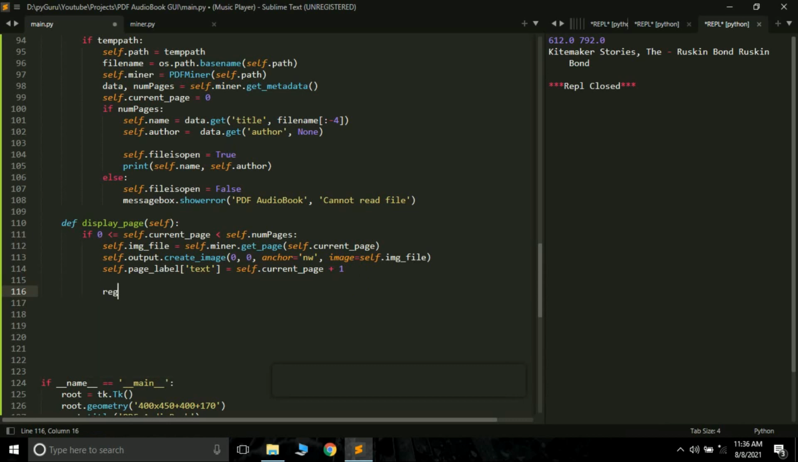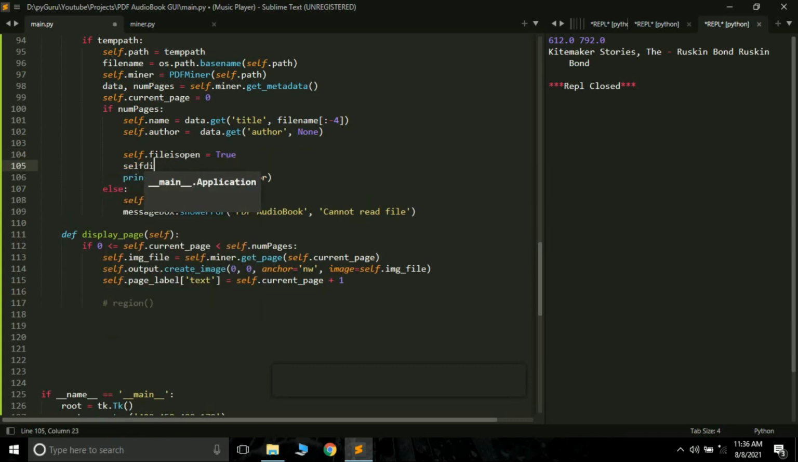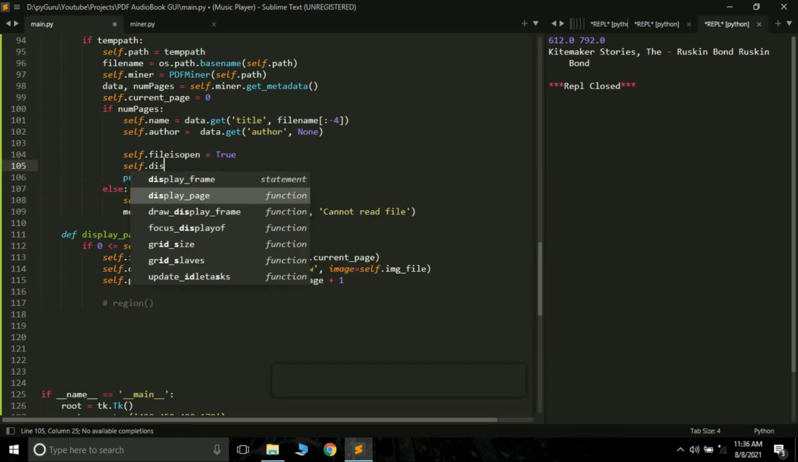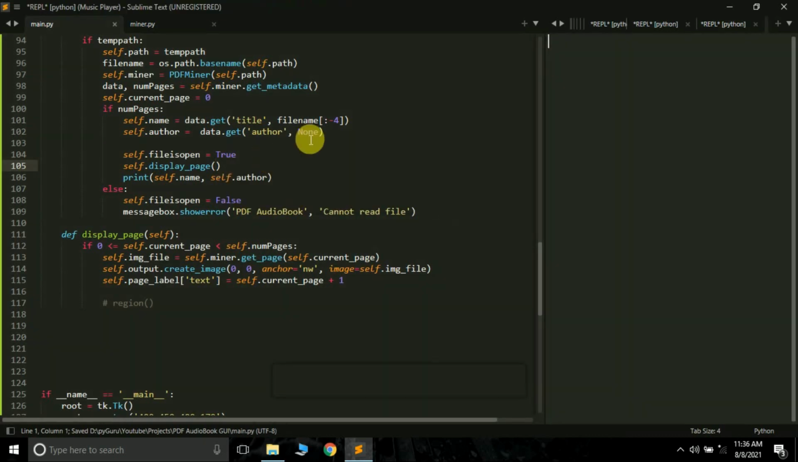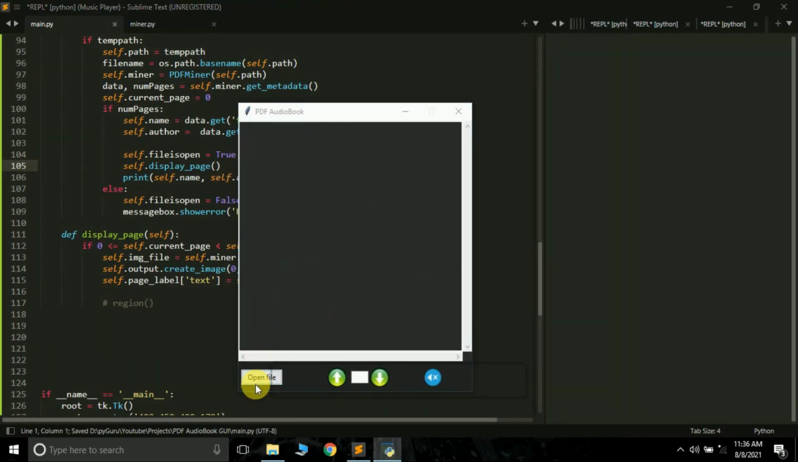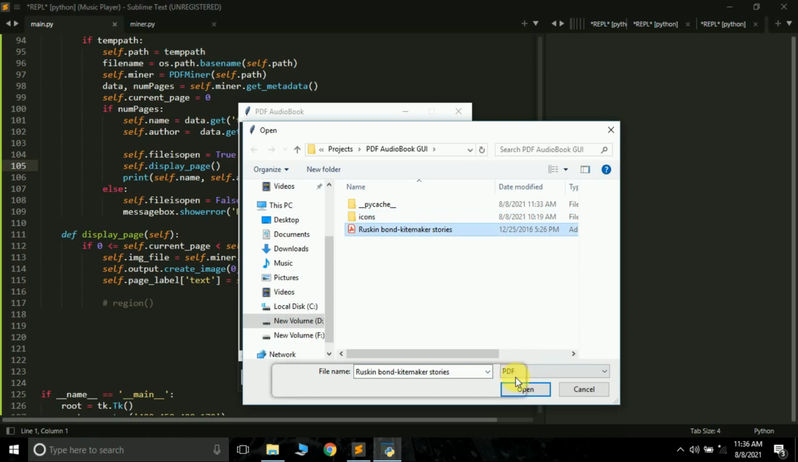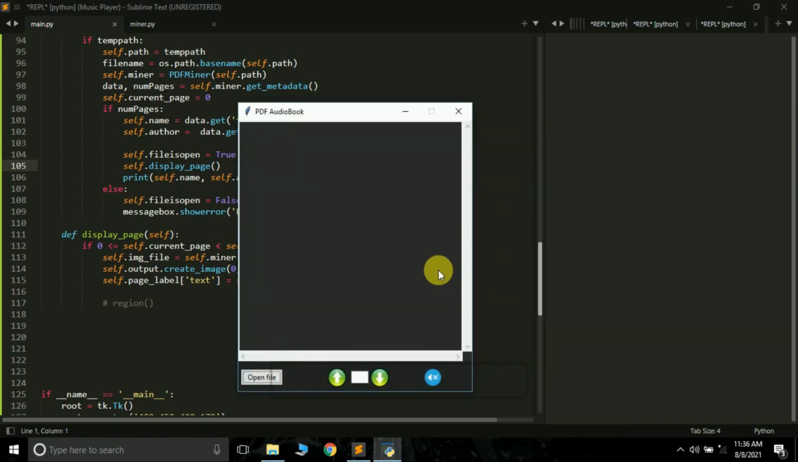Now we want to apply the scrolling. Okay, but remove that. Let me just do this thing. Self.display page. Let me just call this function, and let me just run this. So whenever I open this PDF file, you will be able to